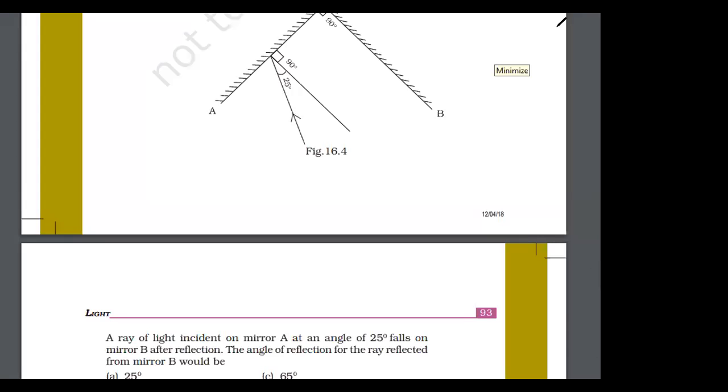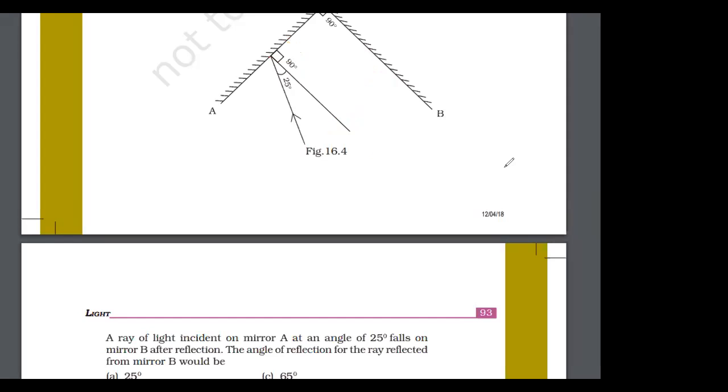Very good, Varsha. Very good, Sanketi. See, you guys are so smart. So if this is 25 degree, this will also come like 25 degrees, right? This is also 25. So this is 65. Now if this is 65, this is 25. Now if this is 25, then again this is 65. And then this reflected ray will also be at 65 degree. Very good, smart, right? Easy, easy. I hope all of you got the concept now.